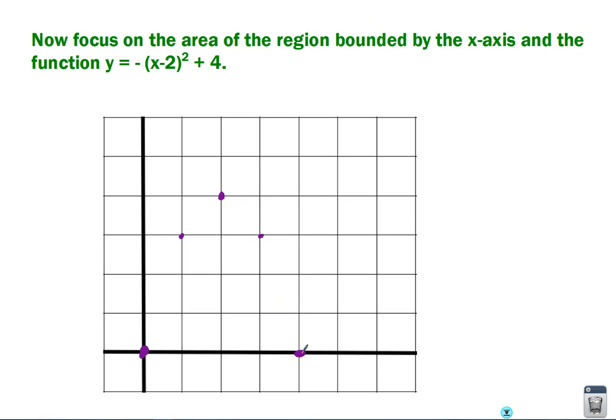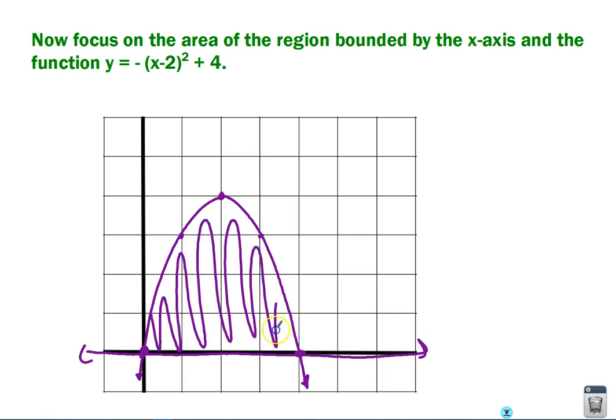So I want to find the area bounded by the x-axis and this curve. So by the x-axis here, I just need this space right here. Well, notice this one worked out really nicely, that it crossed the x-axis at 0 and 4. I could figure that out by just setting this equal to 0 and solving, but I could tell from graphing this one that it worked out really well. Okay, so my bounds for this are going to be from 0 to 4,